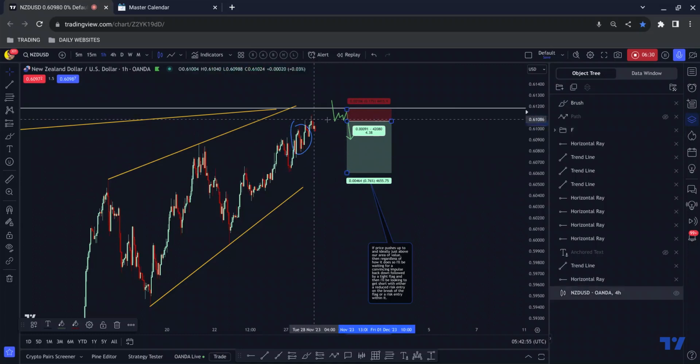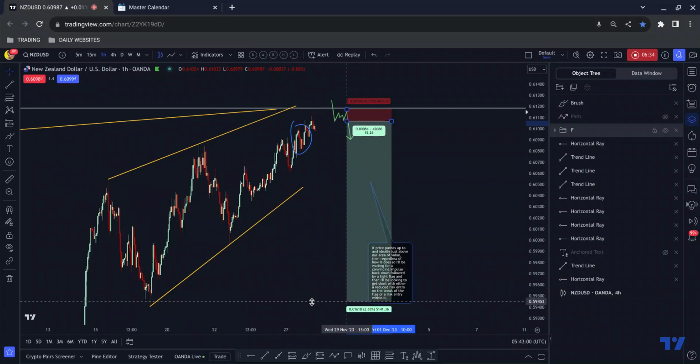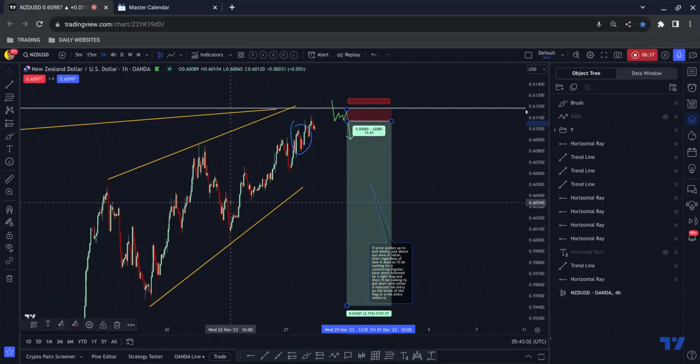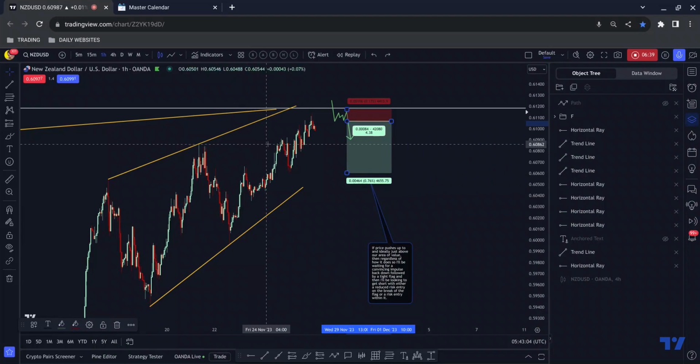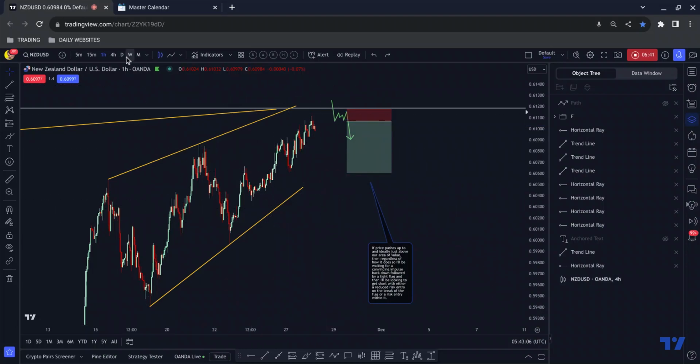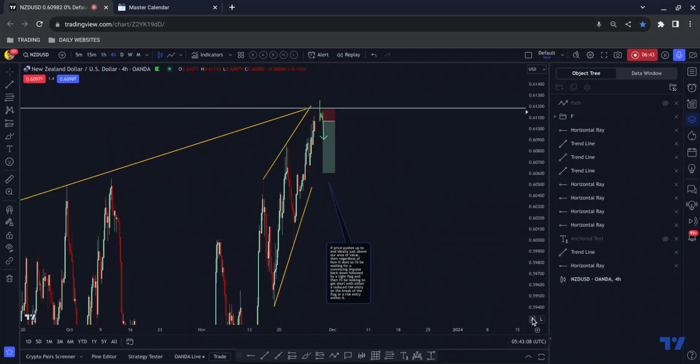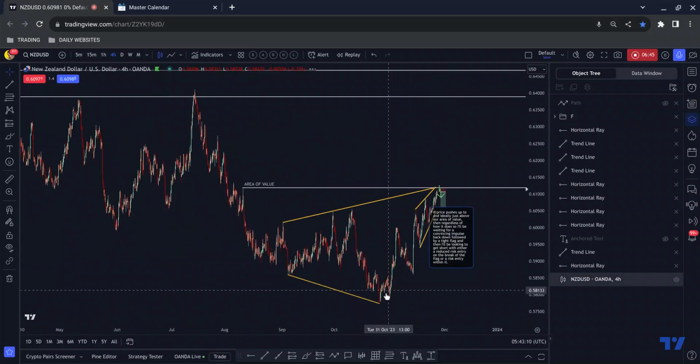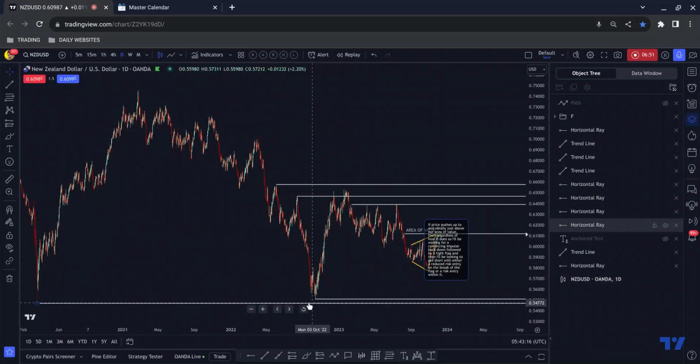And of course, if we continue to push that, usually we react from the base of a piece of structure or the base of a corrective channel. So if we break that one, we would then likely find our way down to the base of this channel for something in the region of 15 to 16%. And of course, if we break that and we find our way to the base of that structure, I don't think you need me to drag the risk to reward tool down to there, or down to this low here, which price failed to tap into last time around. So that is